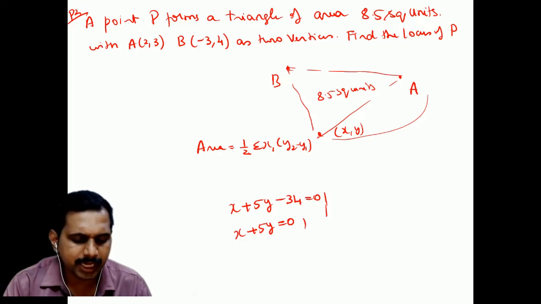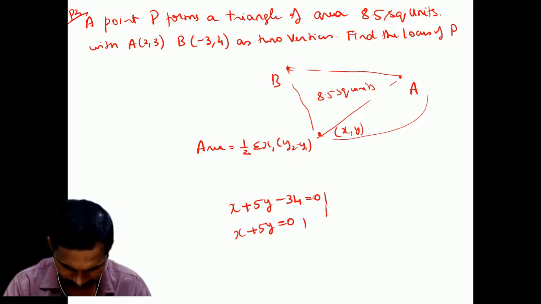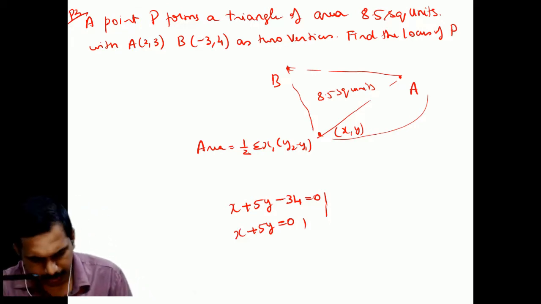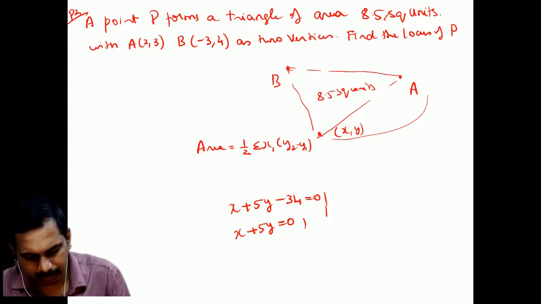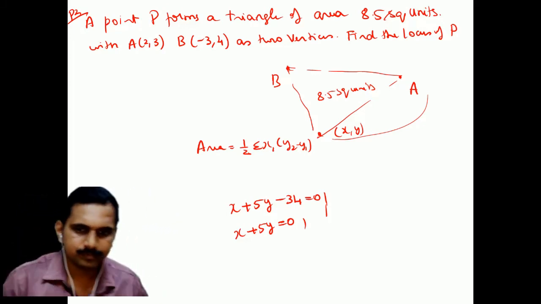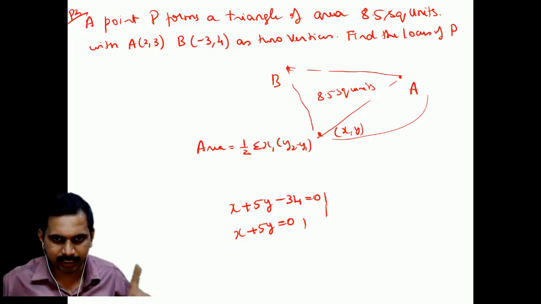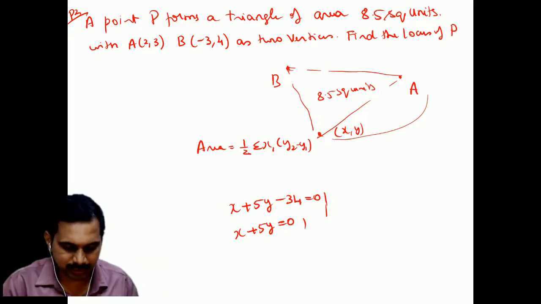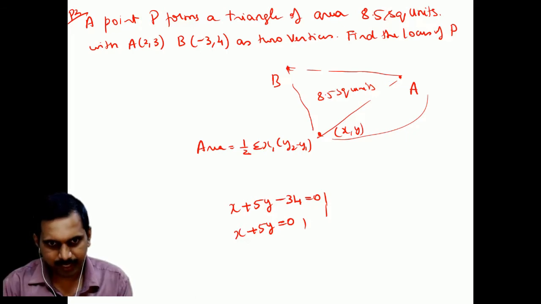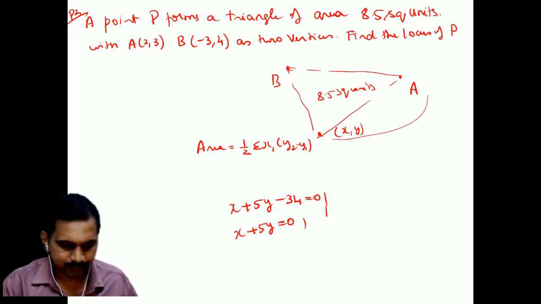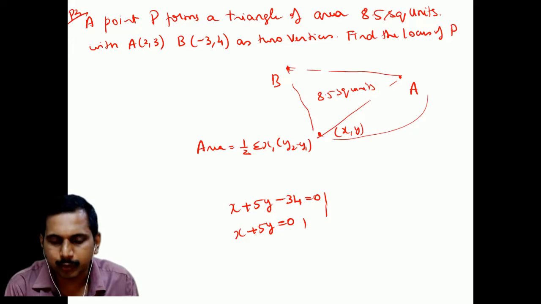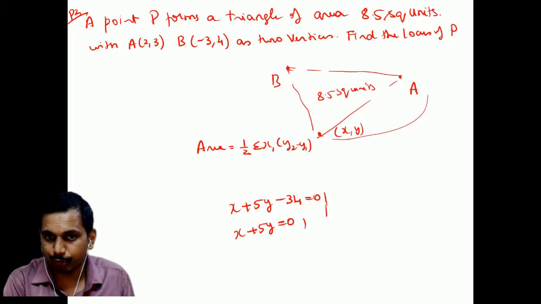Now one more point, whether area is a vector or a scalar, students. Students, what have you been told? Whether area is a vector or a scalar? Scalar. It is not, it is a vector. Area is a vector, keep that in mind. In another 2-3 classes it will be clear to you why area is a vector. Area is a vector, it is not a scalar. It comes because of the cross product of 2 vectors. 2 distance vectors, when you take a cross product, you get the area as a vector.